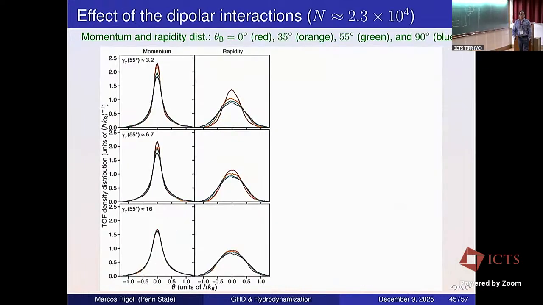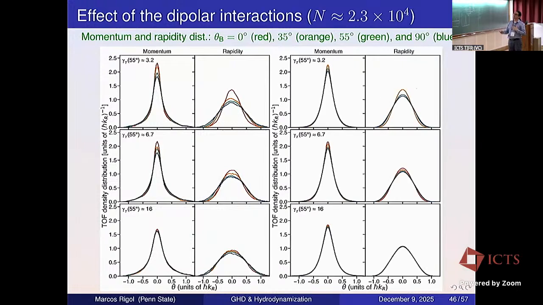Okay, good. So now comes why we wanted to put the dipolar interaction in the contact, because in the experiments they can fix the angle, let's say, and change gamma, and then at any given gamma they can also change the angles. They see that this dipolar interaction has an effect on the density, on the momentum distribution function, and on the rapidities. And then we can do the equilibrium calculation and see that qualitatively we describe what happens in